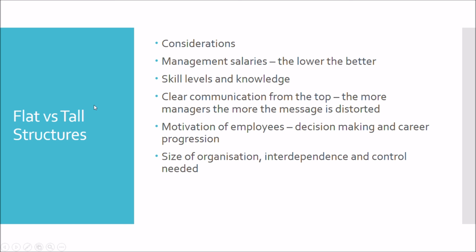We also have the size of the organisation. So how large is the organisation? How interdependent is it, and what is the level of control that's needed? Let's imagine that we're going to build a spaceship that's going to fly to Mars. If we were giving everybody a huge amount of autonomy, and we've got this particular frontline staff member making the button for our ejector panel, if they say, well, I felt like I was going to be really autonomous here, and so I was going to make a few decisions that didn't fit within the overall plan, it's going to end up as a bit of a disaster. So we have that idea of the size of the organisation, the size of the project, how much interdependence there is between all of our staff members, how much control is needed as well.